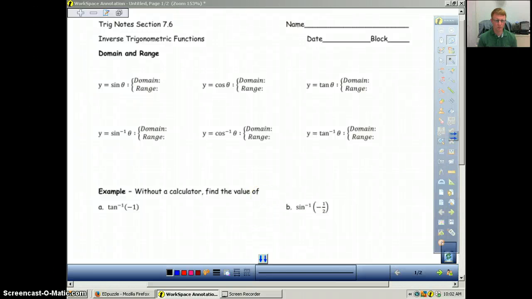This is section 7.6. We're going to talk about inverse trig functions here. This can get a little bit complicated. Hopefully it won't be too bad. But what I want to stress is that everything we do at the beginning here where we're talking about domain